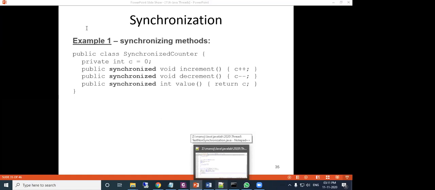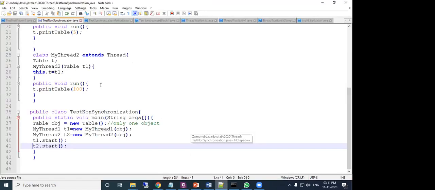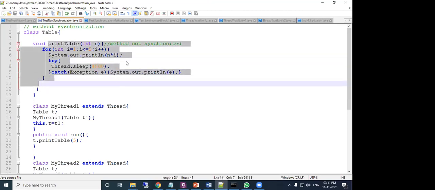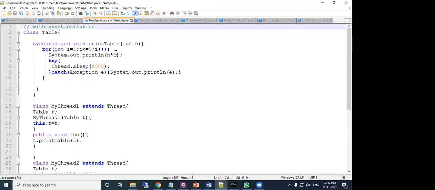Now let us see another example. Here just see, this is without any synchronization. Now we will make this print table a synchronized method. Just see here, before print table the synchronized word is written. And remember, this synchronized word need not necessarily be written before void or after void.